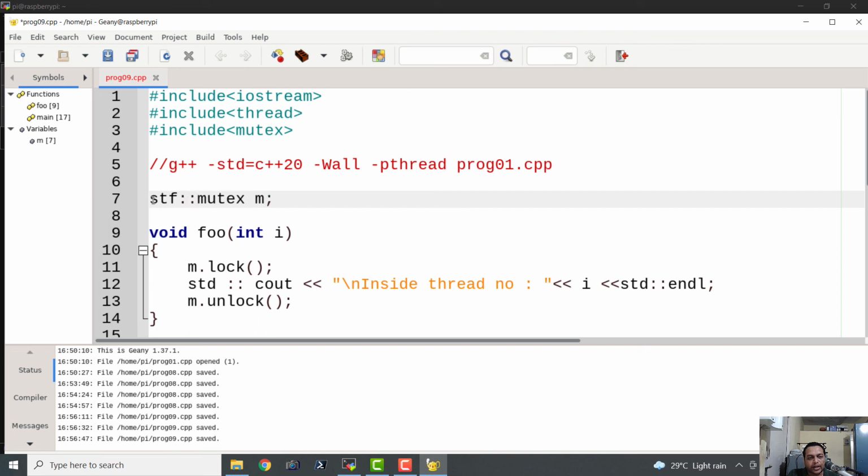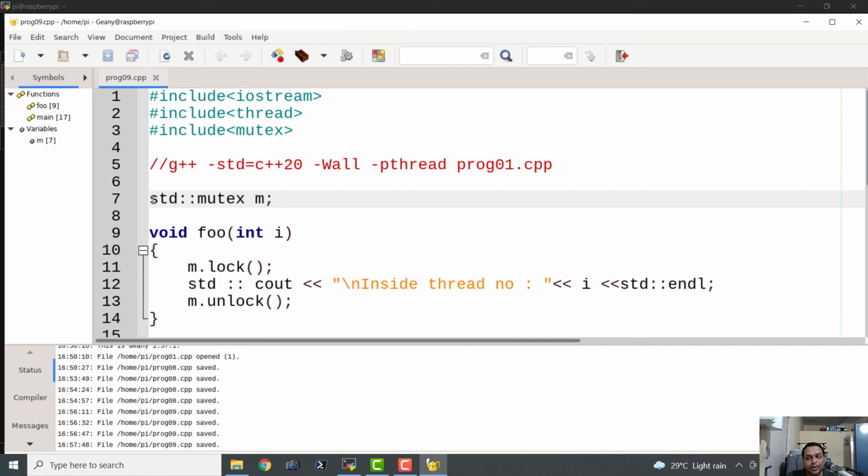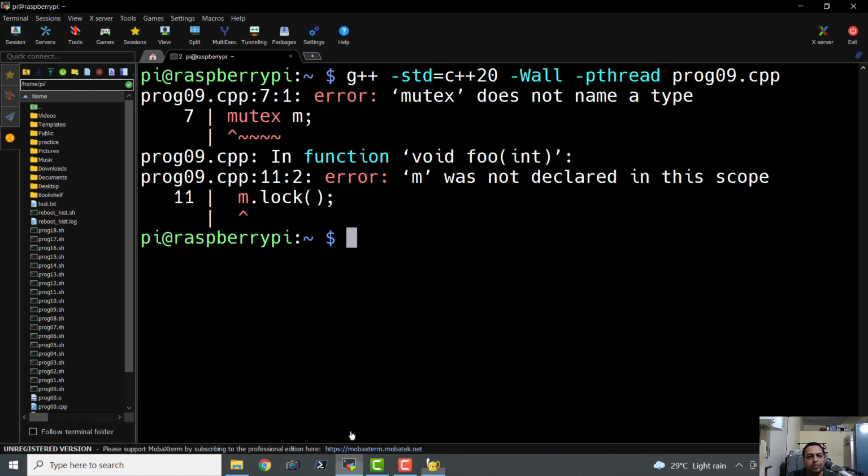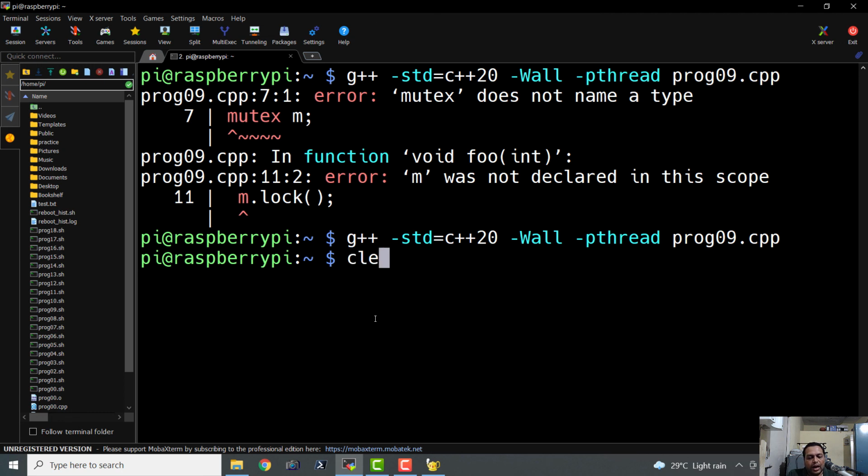Okay, so I hope that I will be able to execute it now without any problem. Okay, so I made a wrong declaration, or I did not declare it as a part of that std namespace. Okay, now it compiled successfully without any issues.